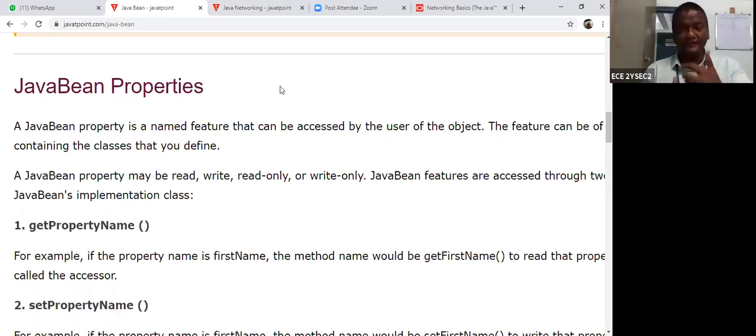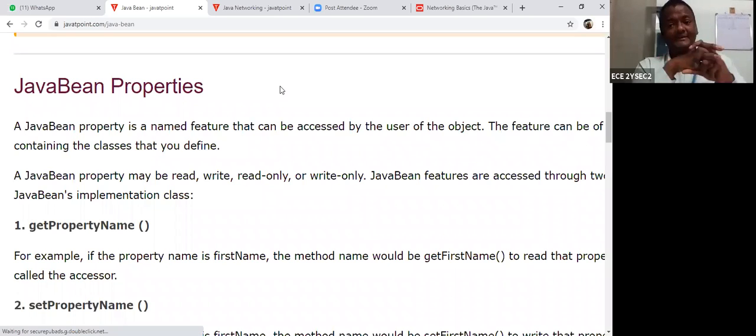Then you form a network. That is called a LAN, a local area network. Within a small region, we connect n number of systems by using a switch.